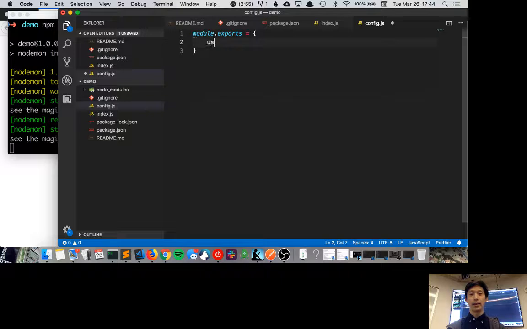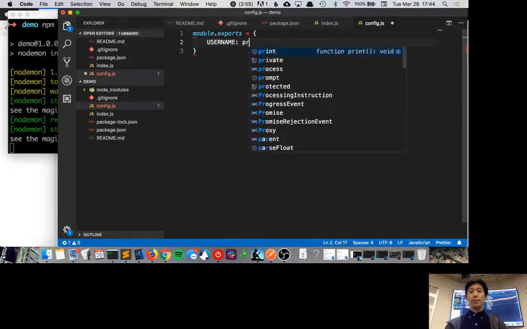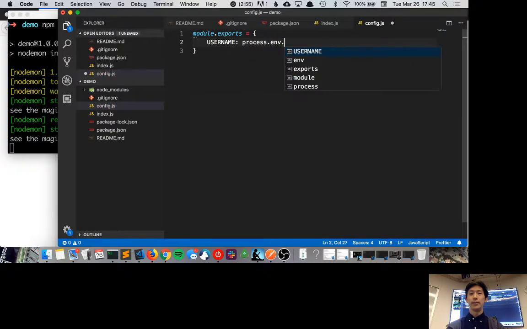So if I define username, we need this username and passwords that we can define like this authentication, who can access that. So username is going to be process.env.username, and we'll see what this process.env thing is in a second. Password, process.env.password, and then we want to define our port, which is